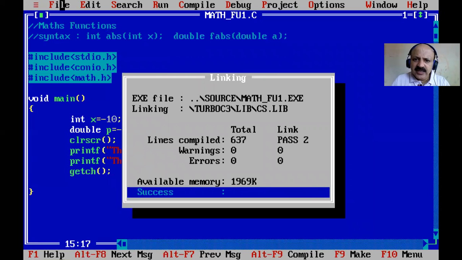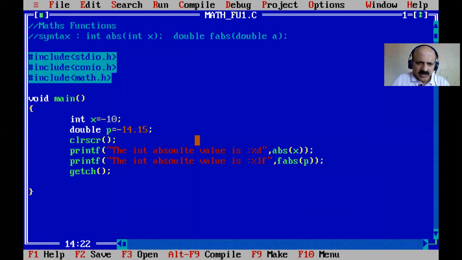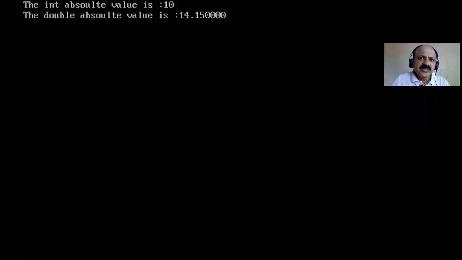The exe file is generated, and run. We have to provide the newline escape, \n. The integer absolute value is 10, and that message we can also change to float or double. Here it is double or float and \n, so it looks better and we can see it easily.